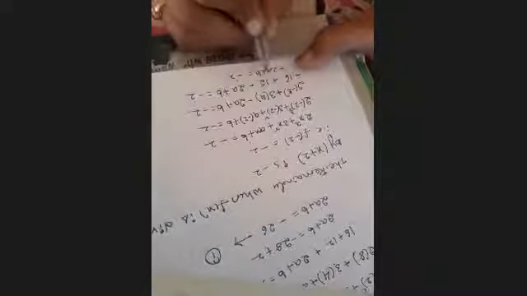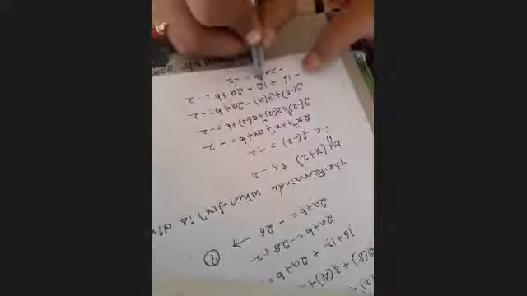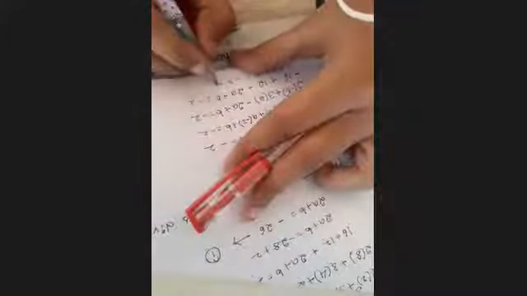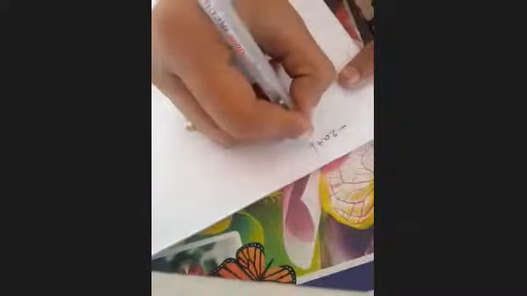Here minus 16 plus 12 is there, means minus 4 will come. Minus 4 goes from the left hand side, means it comes plus 4. So minus 2a plus b equal to minus 2 plus 4, it comes 2. Okay. Now this is the second equation. So first equation we got, second equation we got. By using these two equations, we will find out the a value and b value.